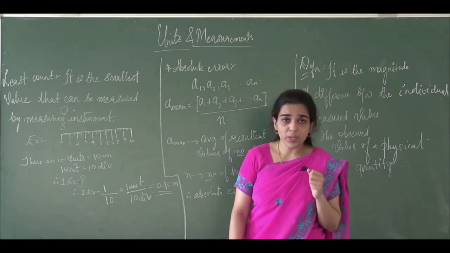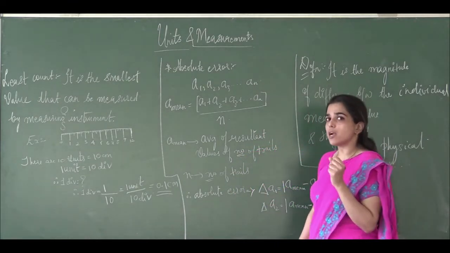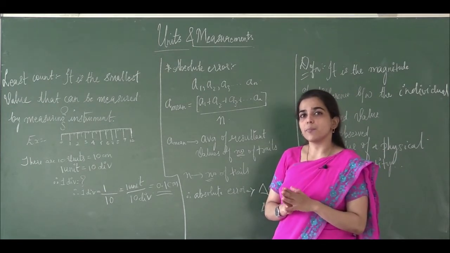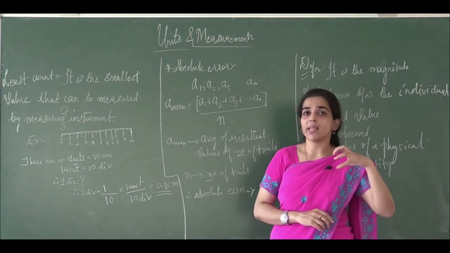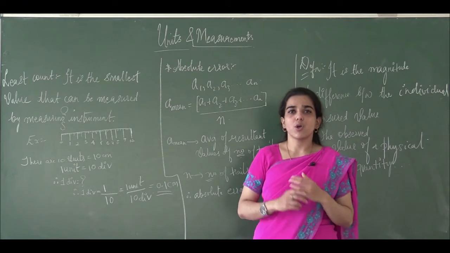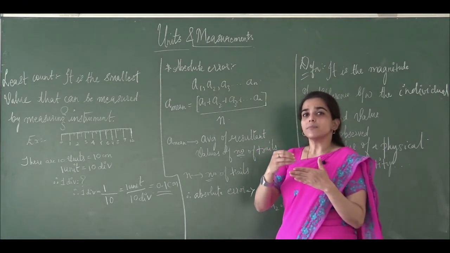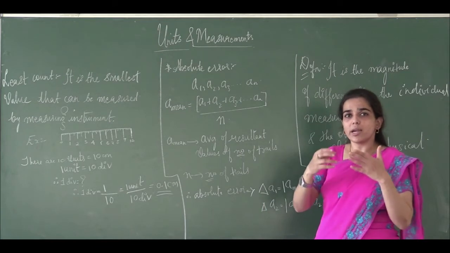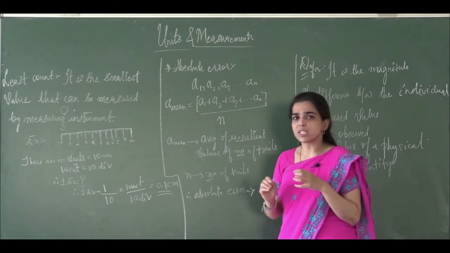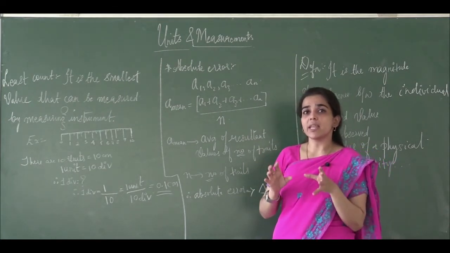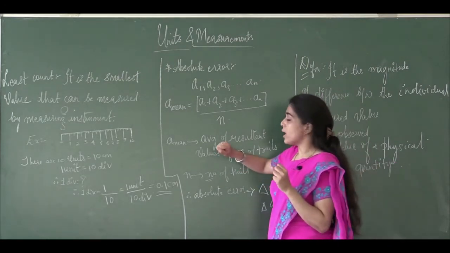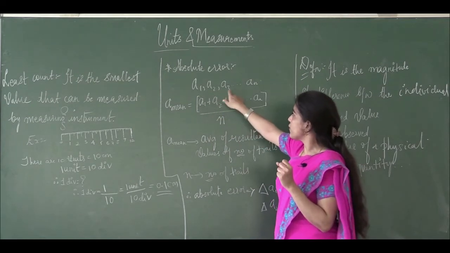So next let us go to the other types of errors, where we will start with the absolute error. To understand this absolute error, let us consider an example. So imagine that you are performing an experiment where you are asked to take n number of values. So n number of values means countless values where you are continuously taking the reading. So now to understand absolute error, what we will do first is take the mean of those n number of values for which you have taken the reading. So let us assume that you have taken readings A1, A2, A3 till AN.